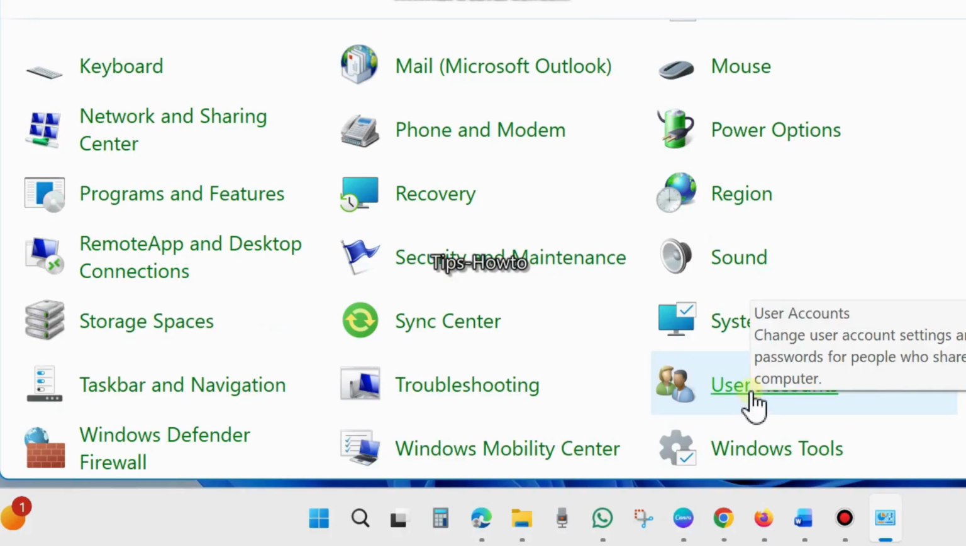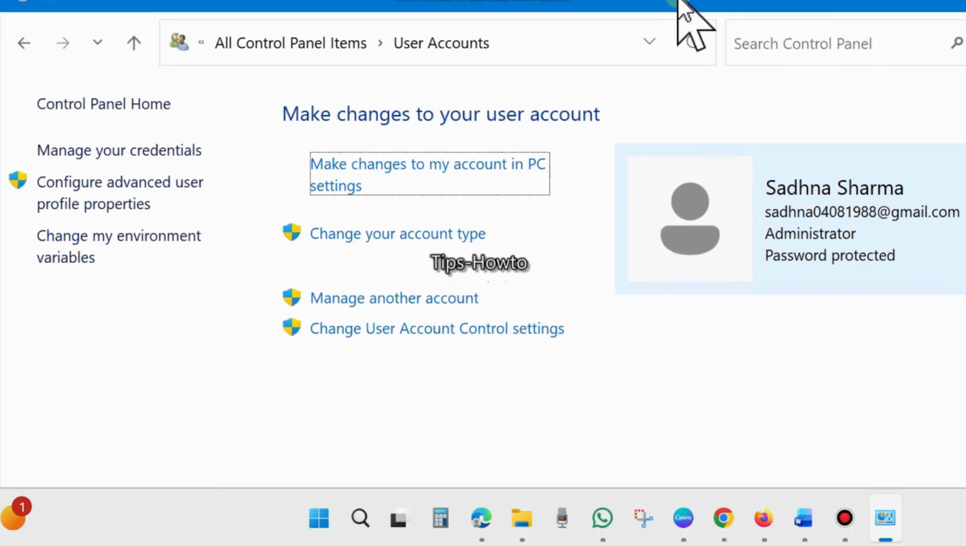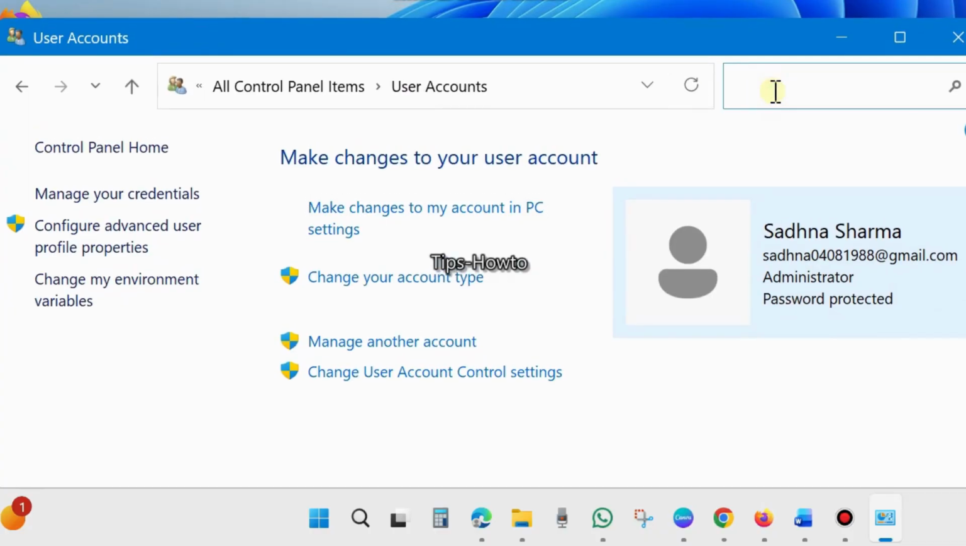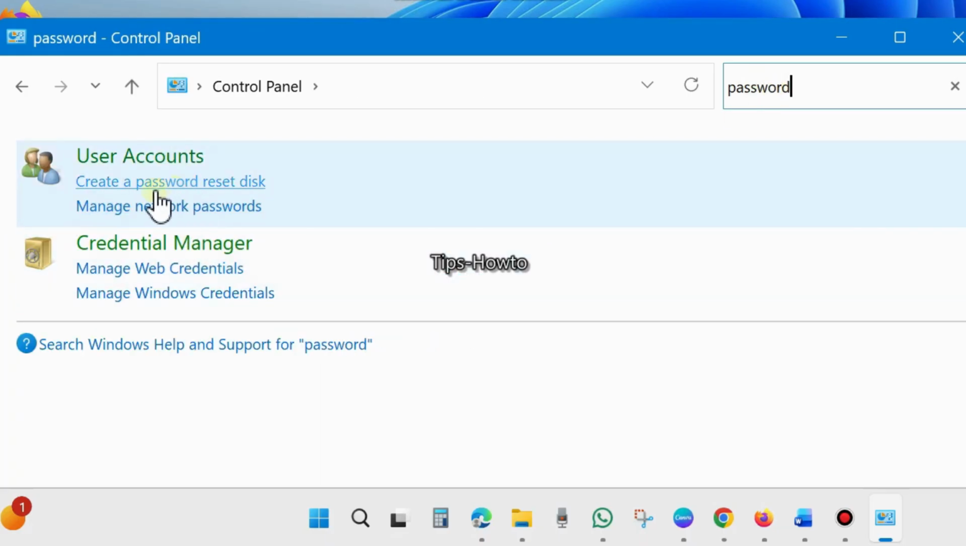Choose user accounts, click on it. Here in user accounts, in the search field, simply type password. Once you find it, on the left side of the menu, choose create a password reset disk, then choose here create